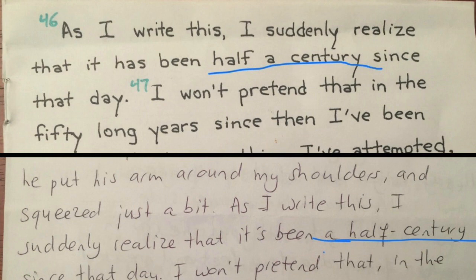Now we go to manuscript 1.4b, and in that same sentence it says, "As I write this, I suddenly realize that it's been a half century since that day." So the switching of the words is the word a and the word half. Is it half a century or a half century? Honestly, it doesn't matter which one it is because they're both still referring to 50 years of time, so whichever way you write it, it still means the same thing. It's just that the words got mixed up, and you could see how someone could easily do that while copying